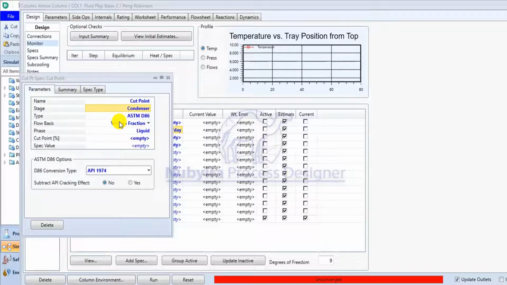You understand? That's just the idea. You understand? So we have the column condenser here. We have the type. So instead of picking the stream, I'm just picking the unit operation that the stream is coming from. So this is the vapor fraction, liquid phase. So the cut point is 95 specified. So I'm going to specify it 410 here. So I'm going to change this one to naphtha, something like